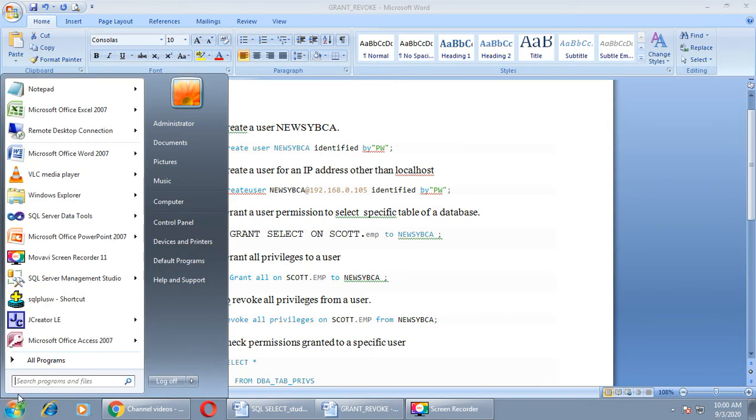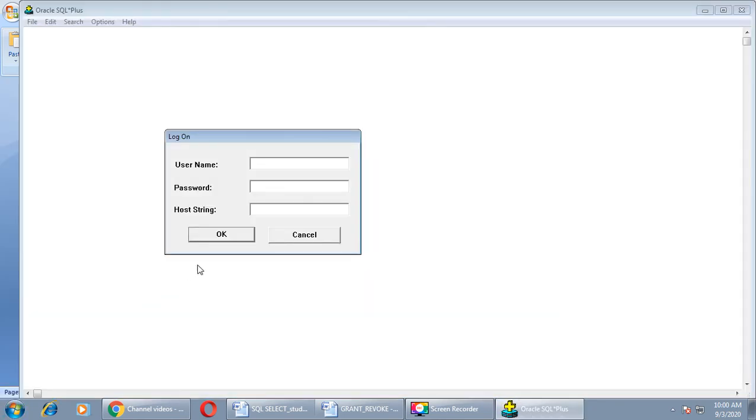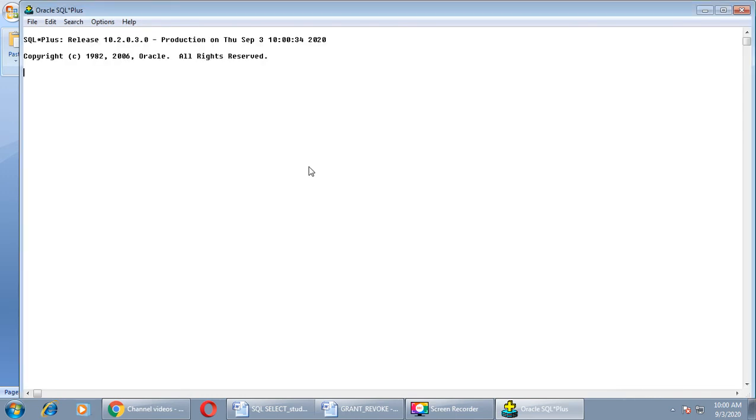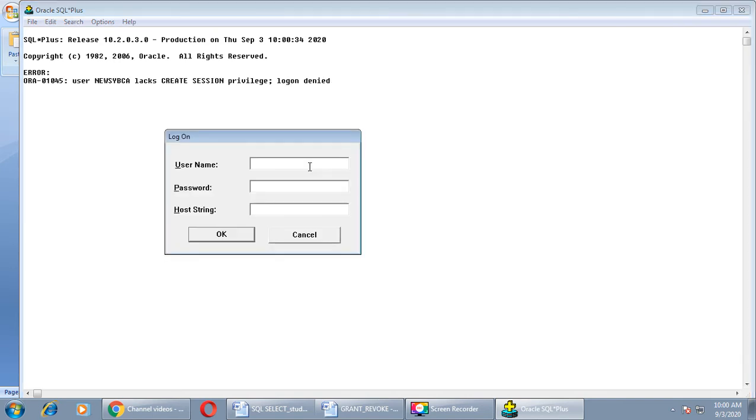Now re-enter in SQL window. Now username is new SYBCA and password is PW. Press enter. Now we are logging in as new SYBCA. Okay, logon denied. User new SYBCA lacks create session privilege.